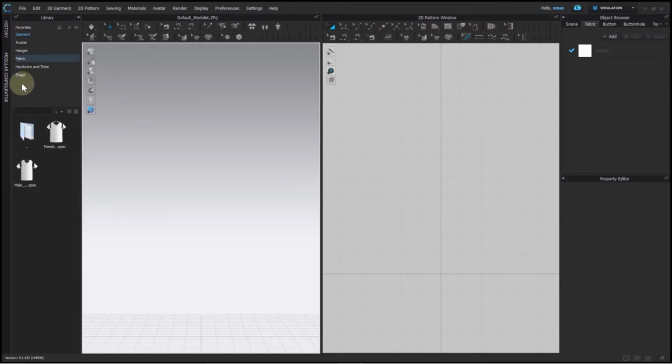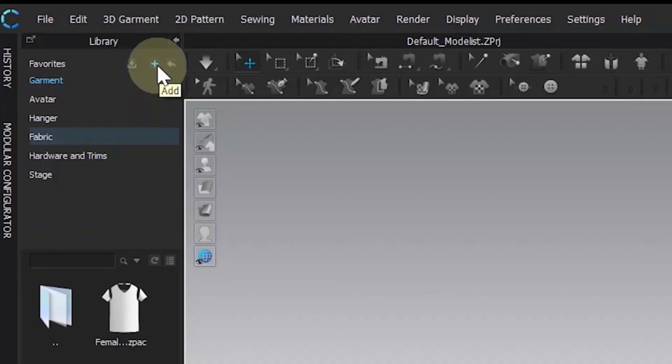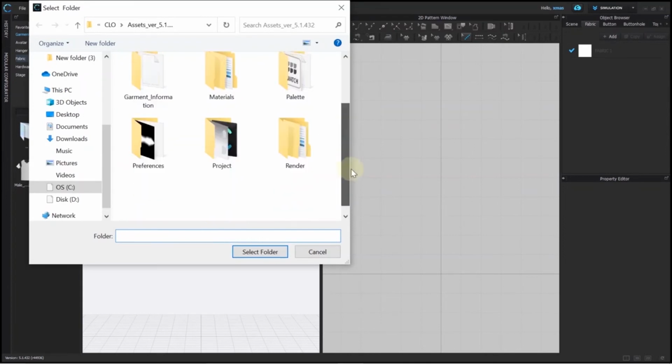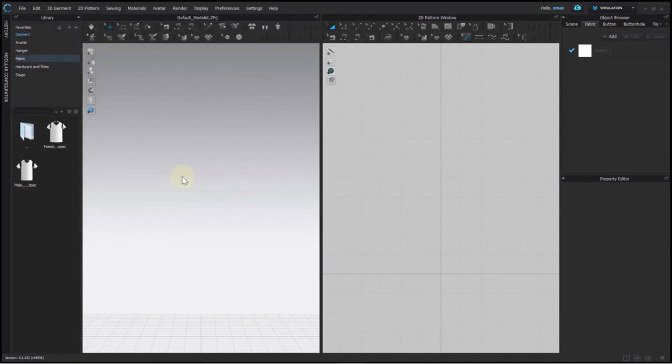Now, to add the missing or any new folder, you can use this plus sign to add the required folder here. I have selected my project folder and now it's also available in this library. This way, you can add your missing folder if required.